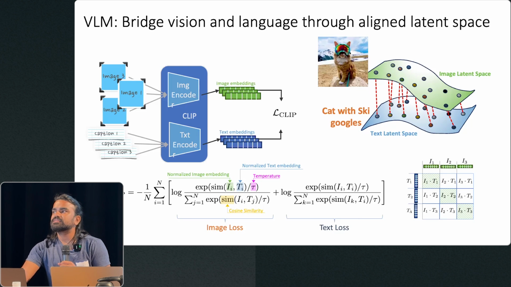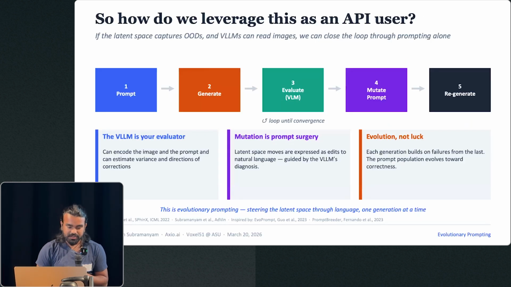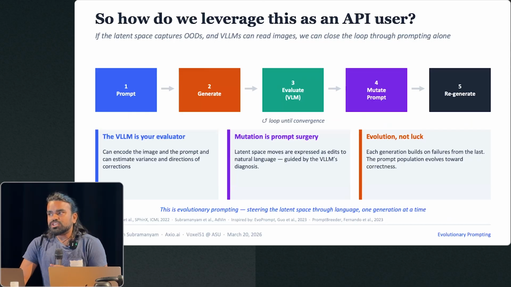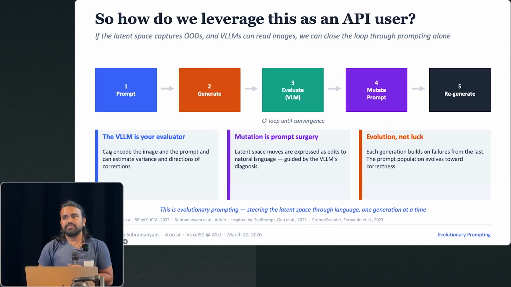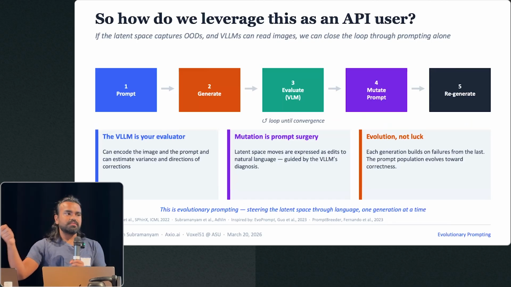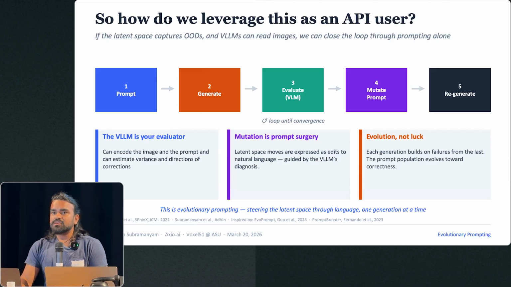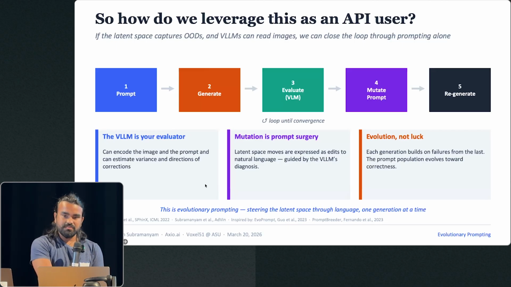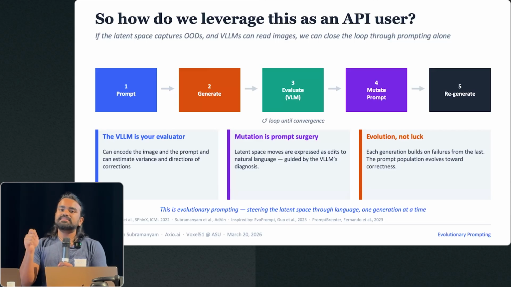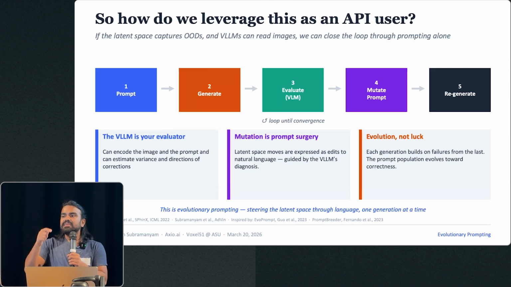How do we leverage this? Now let's connect the picture. We want to create better prompts. We want to use these vision language models as evaluators, where you generated an image, and the image sucks. We want a better way to control what the input prompt is. These VLMs are hosted online. Given an image, it can go to the embedding space, and it can tell us what the image contains, literally as a prompt description. We take that prompt description, and we keep mutating that description till we get better images.